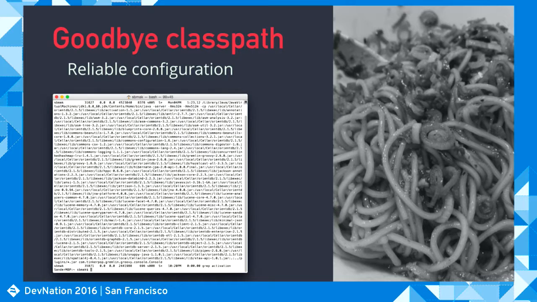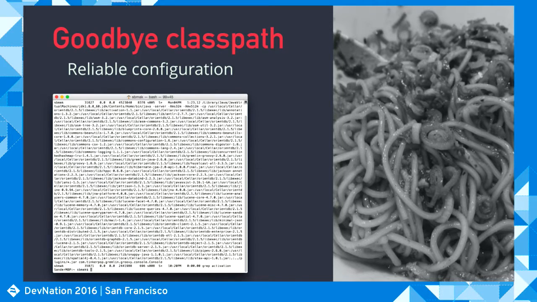But this is great news, because the class path isn't really our favorite thing when it comes to Java, I guess, because it's just completely unreliable. Maybe your build tool specifies what kind of dependencies you have, and that results in a class path. But that class path can't be verified. There's classes on there, sure, but are all the classes on there? Am I missing anything? Who knows? Looking at a list like this, there's no way to tell that. Are there conflicts? Do I have two versions of SLF4J there, which might break at runtime? I don't know. There's no way to verify that, just looking at this kind of class path.